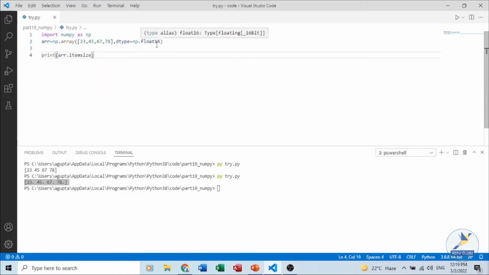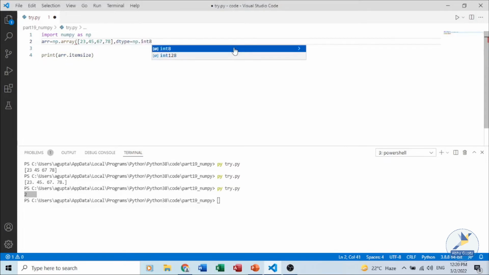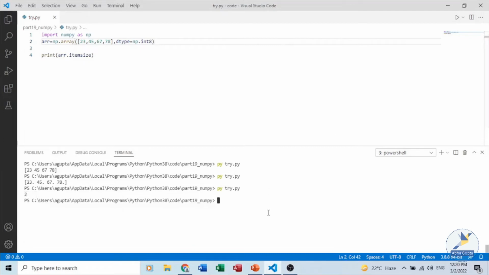Since we have float 16, it will show me 2. That is, it is of 2 bytes, 8 and 8, 16. So we are having 2 bytes. If I write int 8, like we did earlier, you will get 1 as the answer. You could see 1 being printed as the answer.